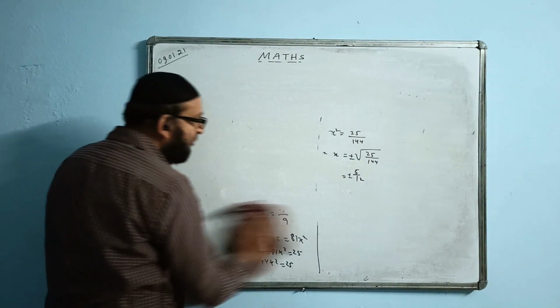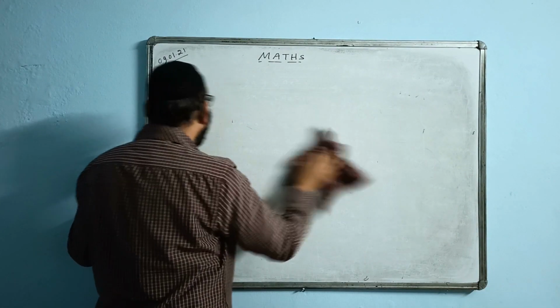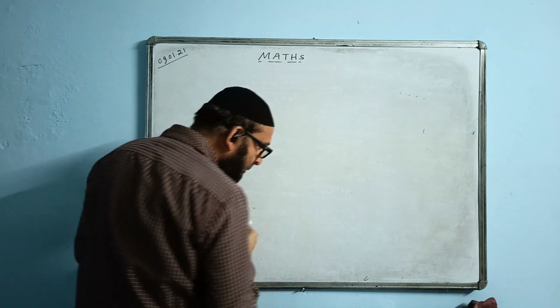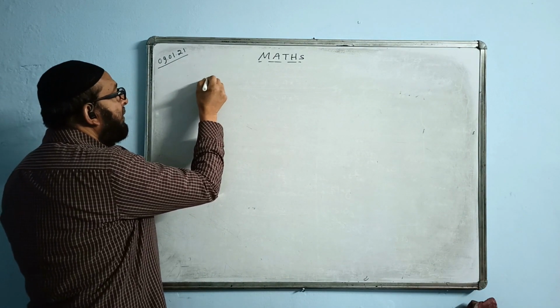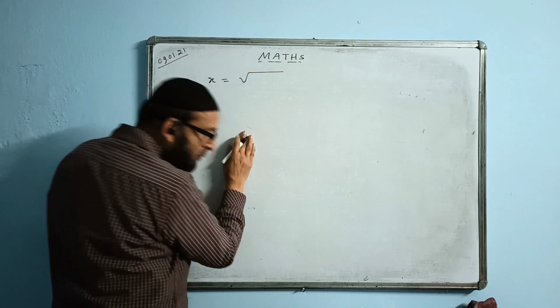Now I will be doing 64. Okay, 64 B. The question says, given x is equal to root of